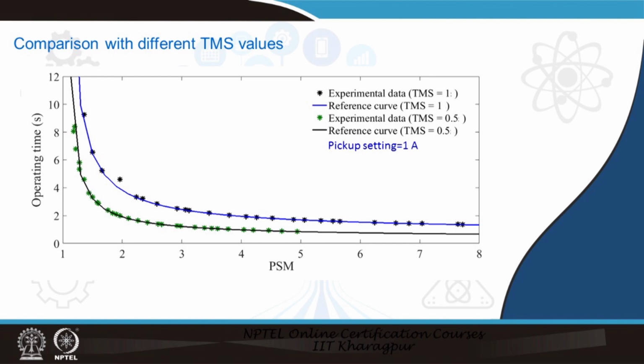Now, at any point, if we compare these, the time happens to be almost a factor of half. So, that clearly demonstrates that the relay is also performing very correctly at a different TMS, as expected. These kinds of curves help in the coordination aspect between different overcurrent relays, as backup or as primary, that we have already learned from our earlier theory perspective in the overcurrent relay setting.